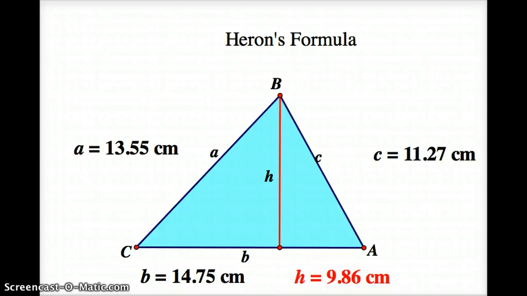Okay, folks, now what we want to do is talk about Heron's formula. This is a formula for finding the area of a triangle without knowing any angles. It's actually a very old formula. Heron lived about 2,000 years ago, but it's also a very interesting and powerful formula. So let's introduce this by